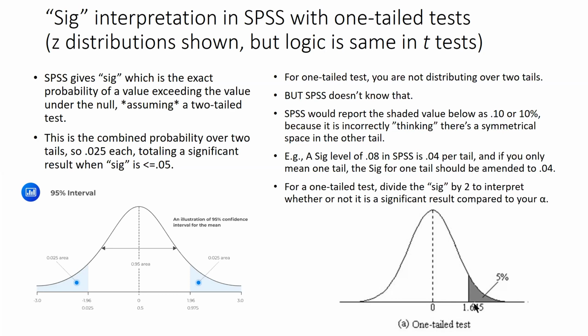But SPSS would report that as 0.10, not 0.05, or 10%, not 5%. And that's because it's counting the identical symmetrical region over here. So it thinks that if you've got 5% over here, you also have it over here, and it adds them up and comes up with 0.10. So you have to correct that